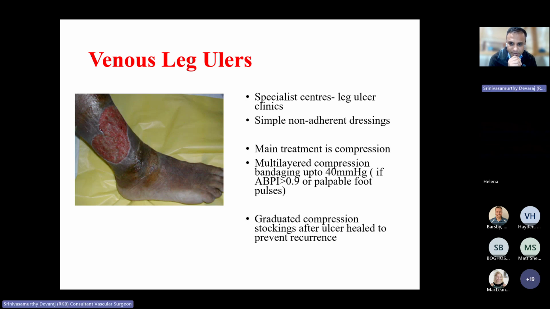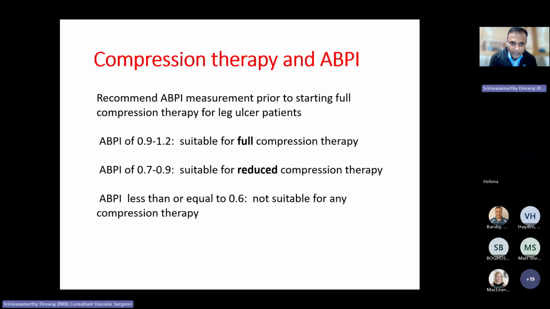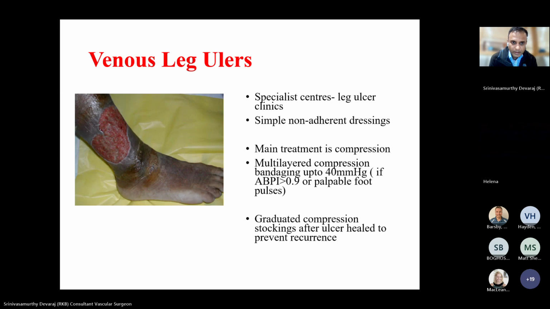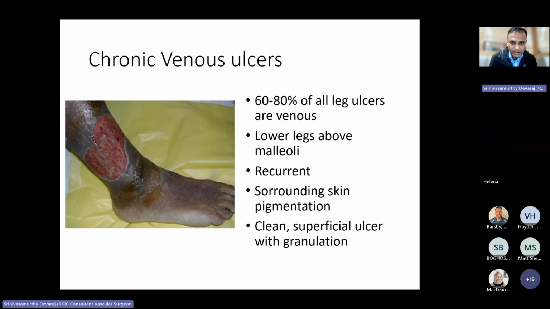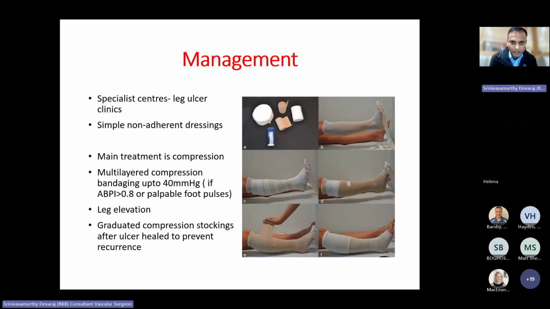After the venous ulcers heal, we go through the ABPI again. So again, compression bandaging is a specialized skill. It's usually done by dedicated leg ulcer nurses. There's new evidence that graduated compression stockings